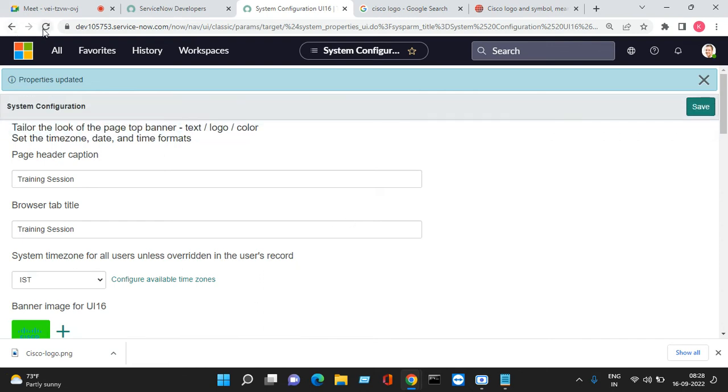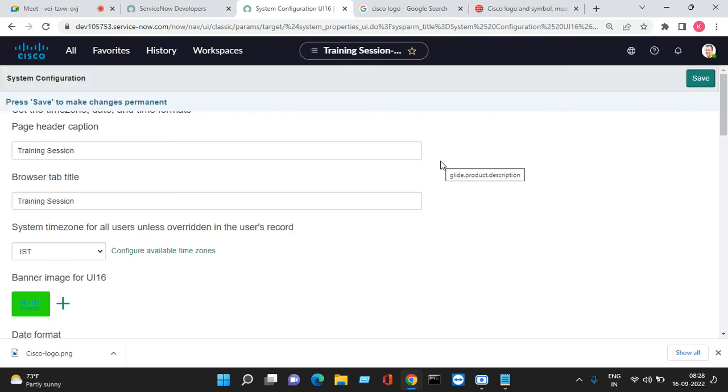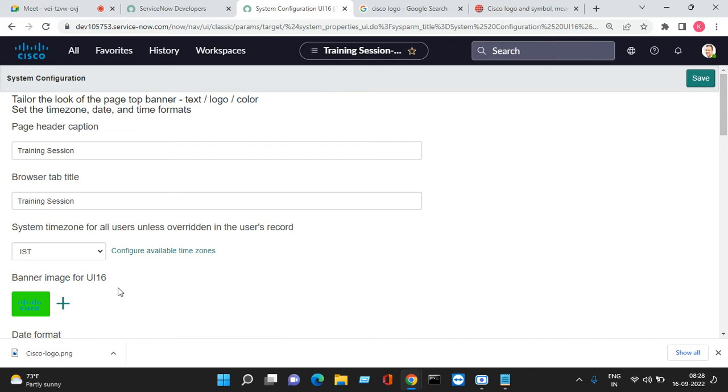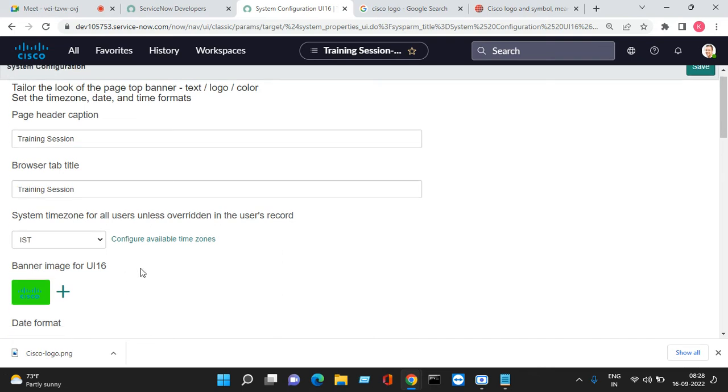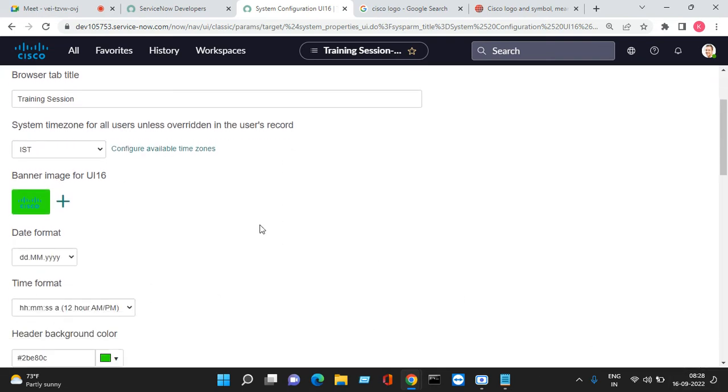Now if you have to save, just refresh the page, so it will be shown like this. See, whatever image we have given, it will automatically change. And next step,